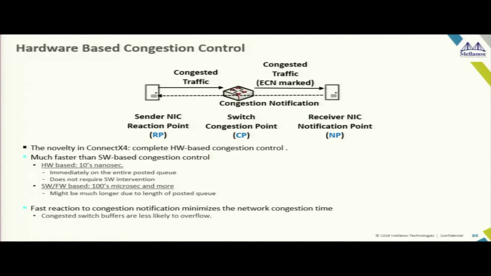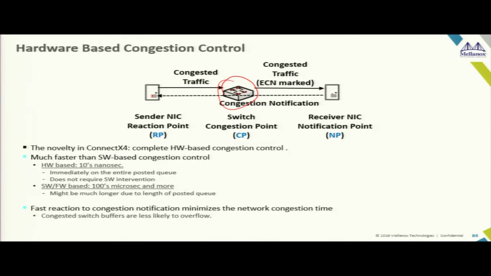It's a full closed control loop, and the only thing that is required from an Ethernet switch is the capability of detecting the congestion and marking the congestion bit. Then the endpoint adapters at both sides will take care of making sure that congestion is not there. How does it make sure? By the way, this is much faster than an implementation in software because it's all done in hardware.